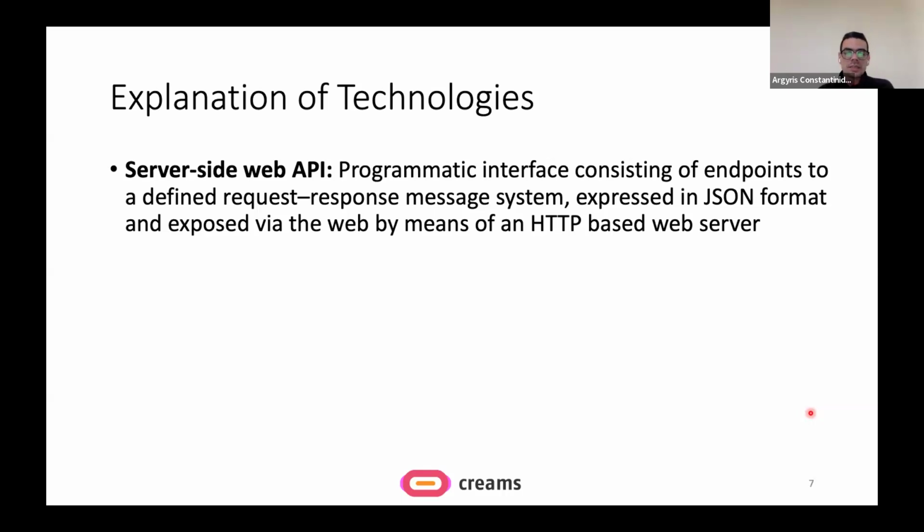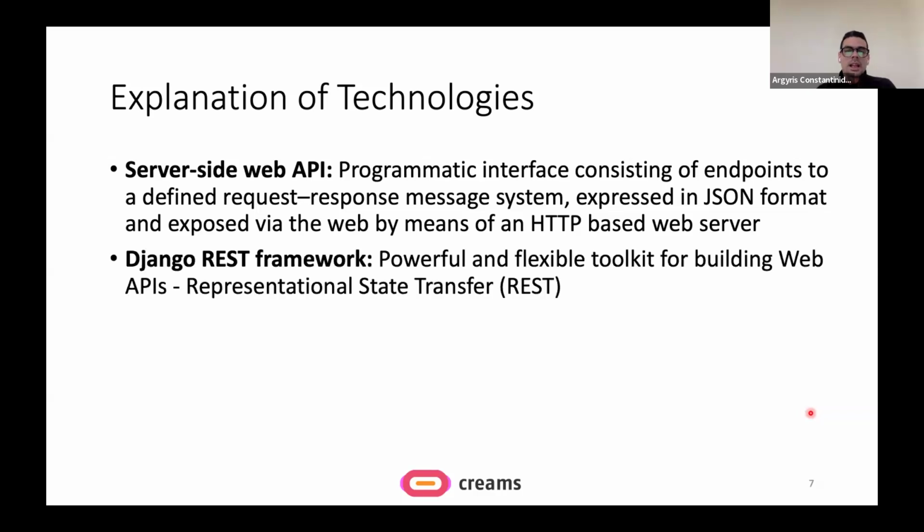And this is expressed in JSON format and is exposed via the web as HTTP requests and responses. With regards to how we build the APIs, as I said earlier, we use the Django REST framework, which is the toolkit that includes all the underlying mechanisms that are needed to build web APIs.